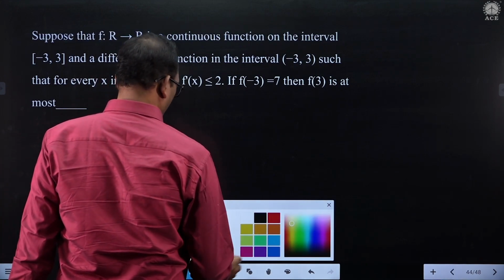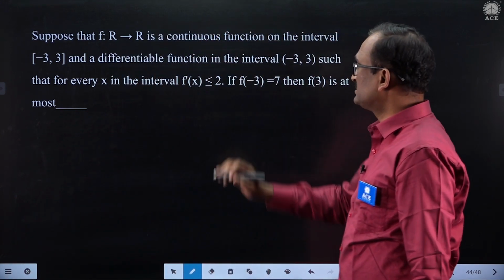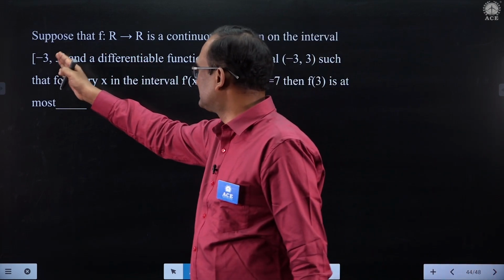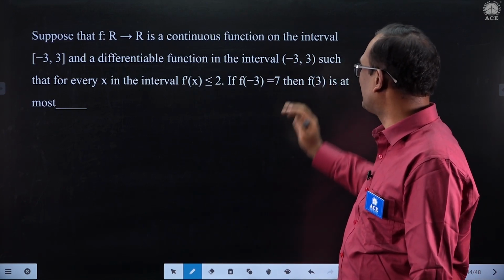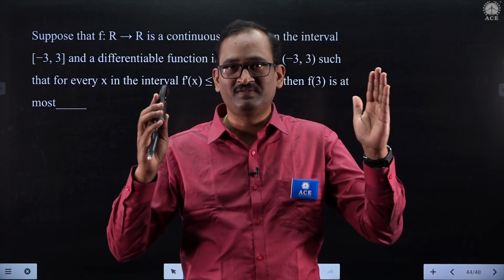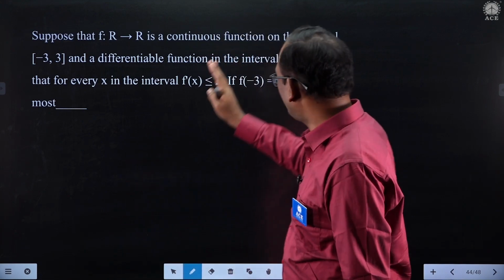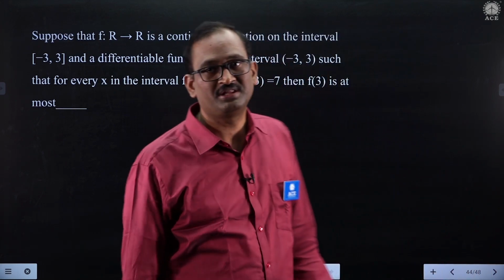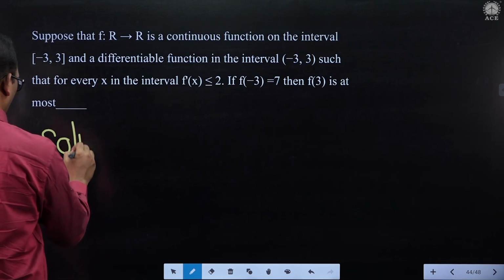Please read the given problem. Suppose f of x is a continuous function in the closed interval -3, 3. F of x is a differentiable function in the open interval -3, 3. Please do remember, according to Lagrange's mean value theorem, if f of x is a continuous function in the closed interval a, b and differentiable in the open interval a, b, then we can write it as, according to that theorem,